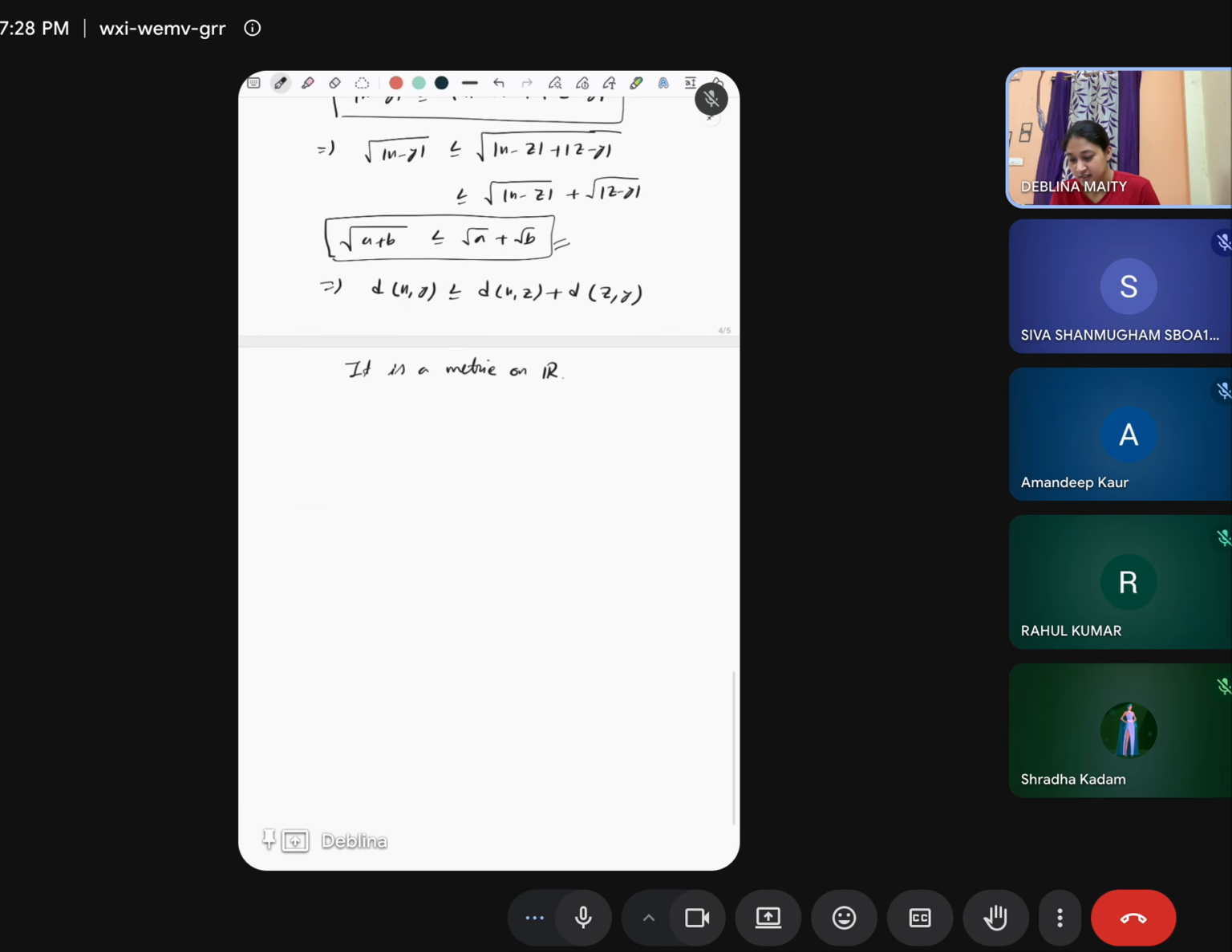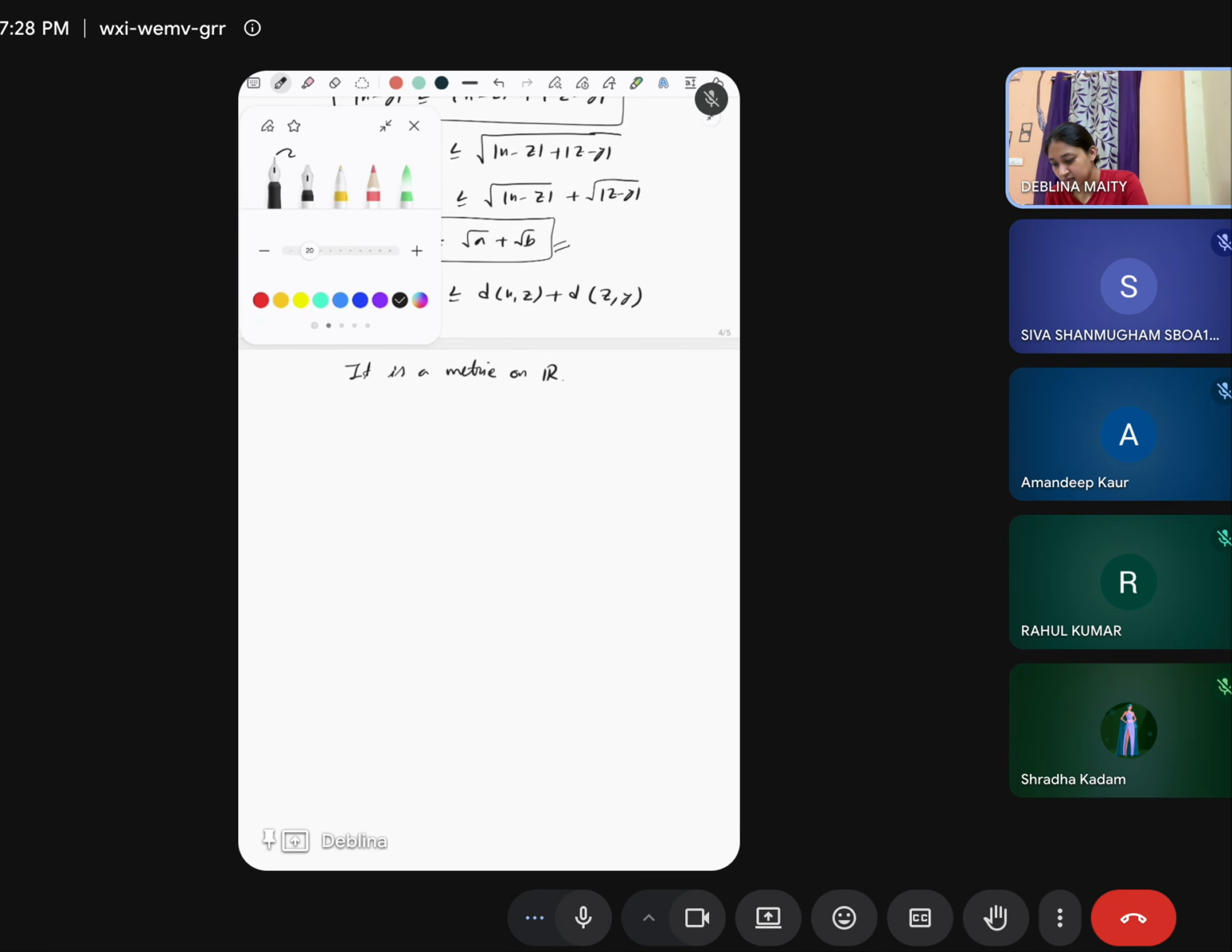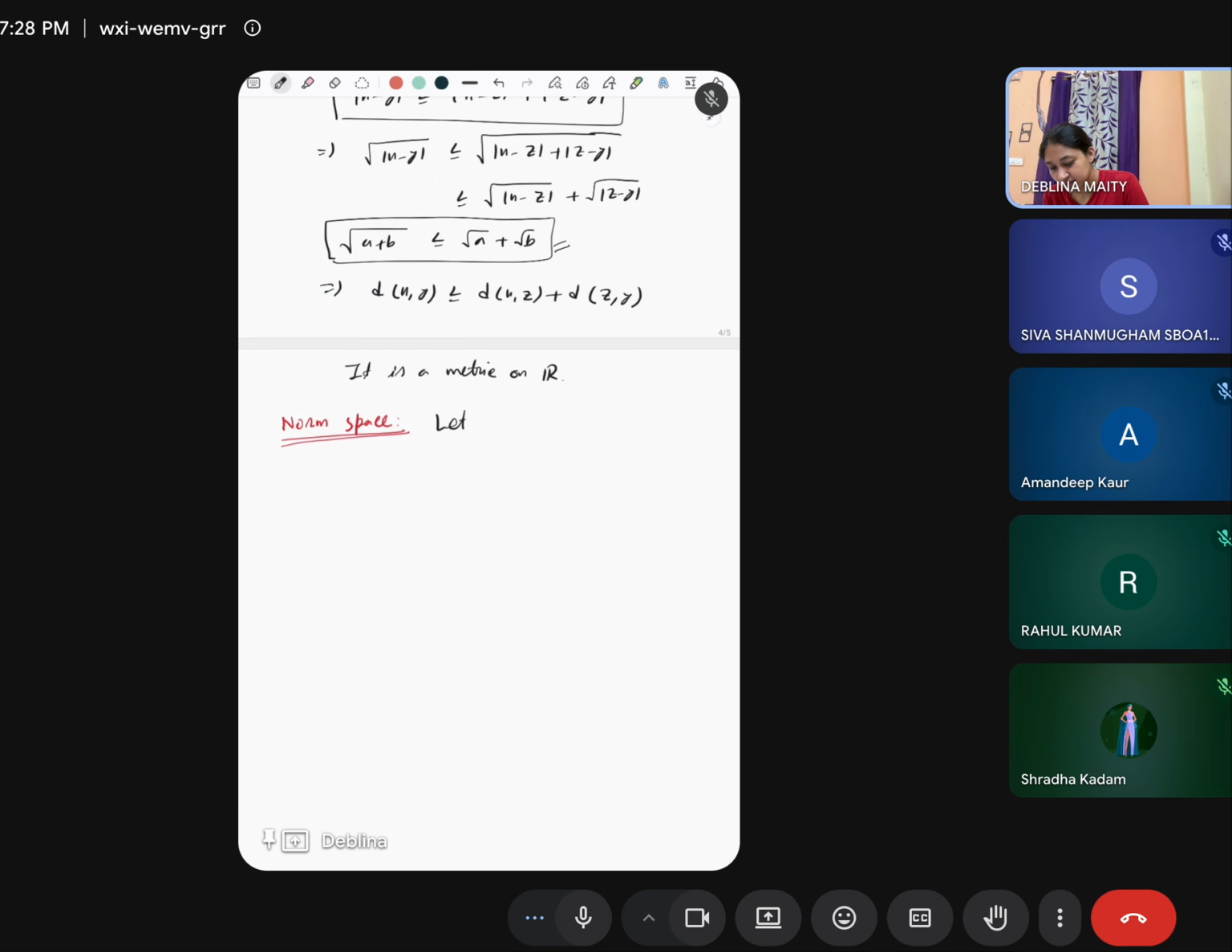Okay, now we'll define norm spaces. So let X be a vector space. I hope you know the definition of a vector space, right? A vector space means X is a non-empty set with two operations, plus and dot, and they satisfy some properties according to these two operations. So X is a vector space, and this norm we are defining from X to R satisfies